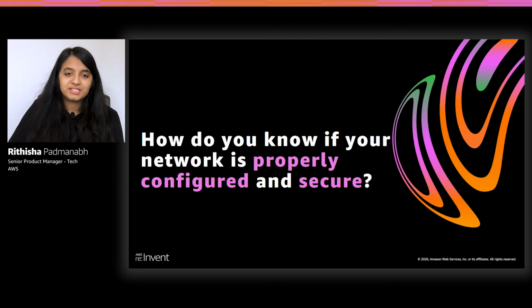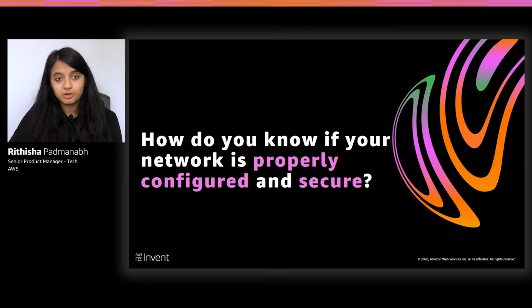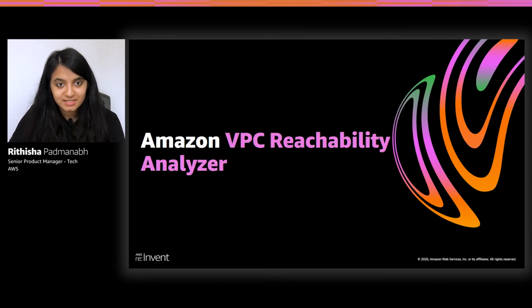And not all of us are network or security admins, so misconfigurations can often occur, and when it does occur, it can result in network connectivity issues between your VPC resources. And these connectivity issues can have significantly high resolution times because it's even difficult to identify that it's being triggered by a misconfiguration. So how do you ensure that your network is always properly configured and actually secure? To achieve just this, we are very excited to launch a brand new VPC feature, VPC Reachability Analyzer.